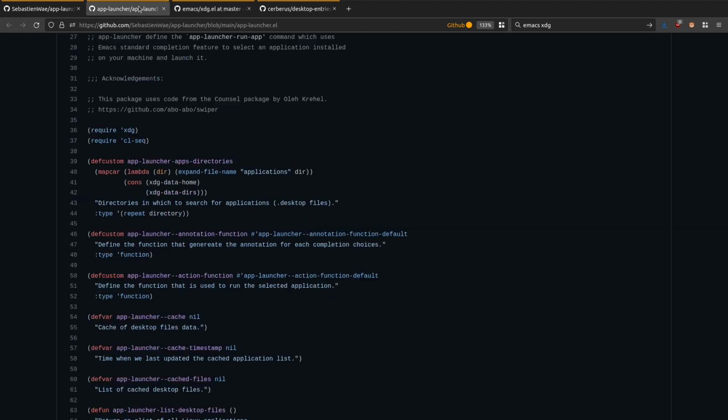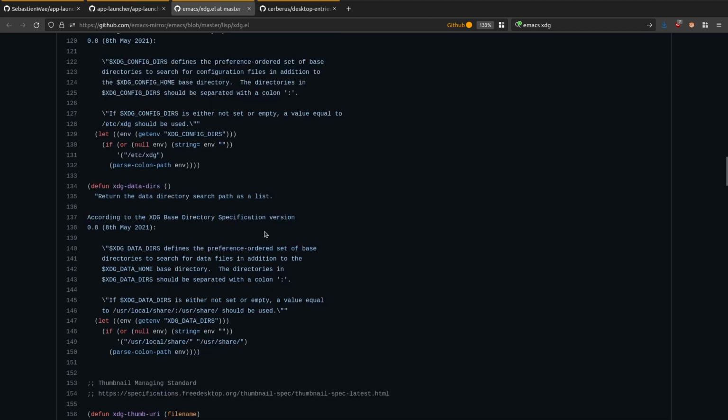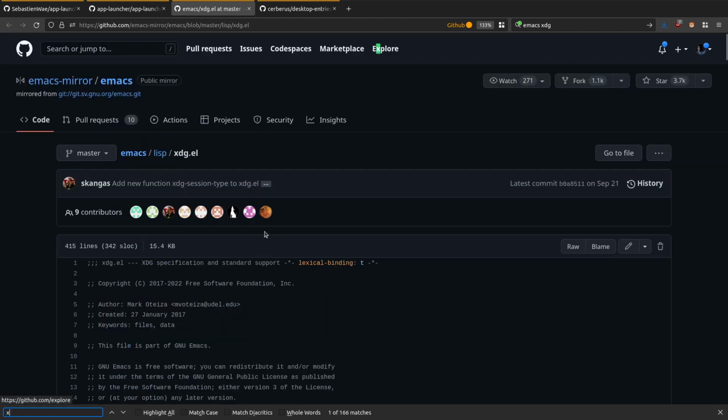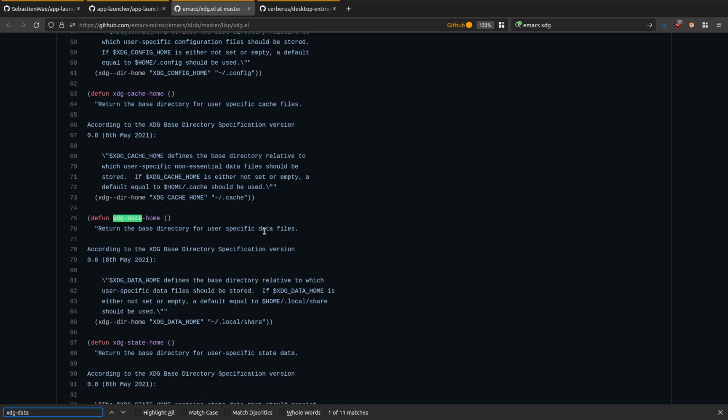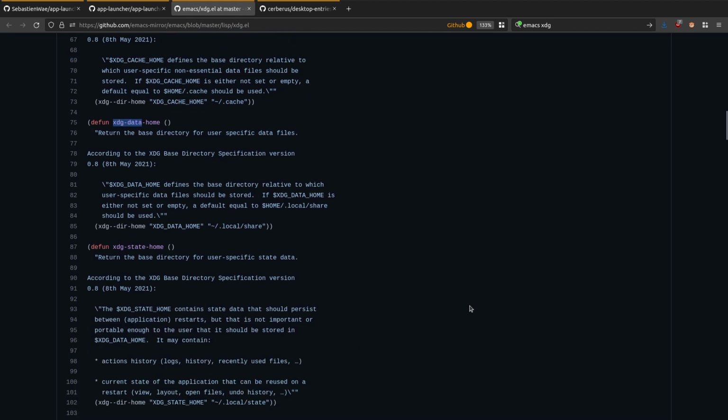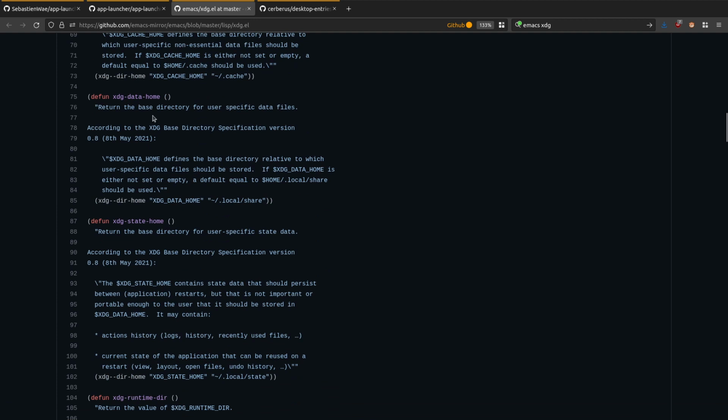And if I come through to the app launcher, you'll see this section here: app-launcher-app-directories, mapcar lambda directory, expand-file-name, applications-dir, xdg-data-home, and xdg-data-directories. So we search for xdg-data-home, xdg-data, one right here. This is the function in the XDG file, and what it's doing is saying, okay, this is the location